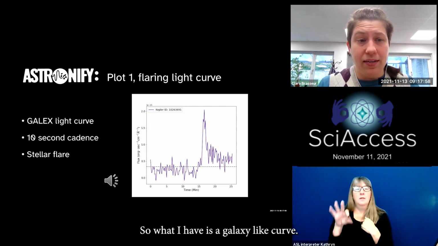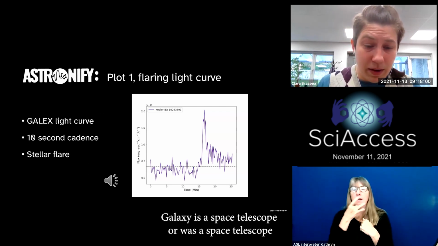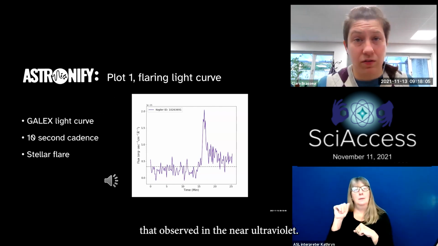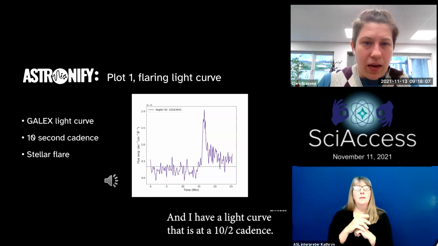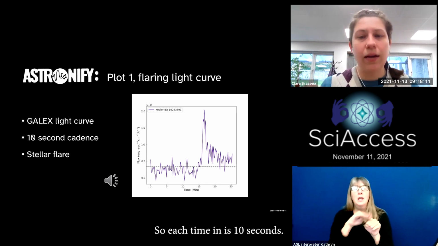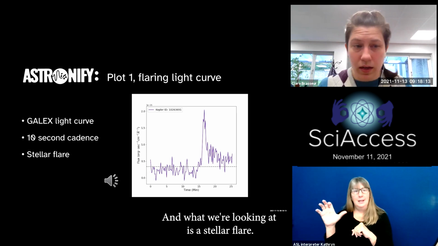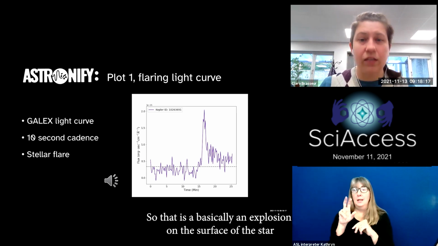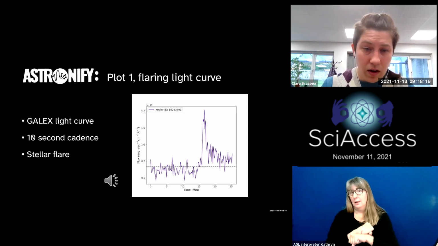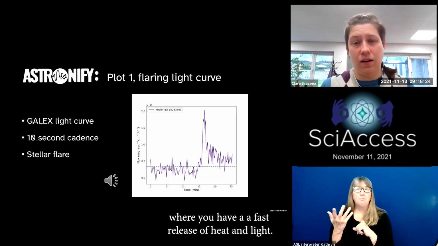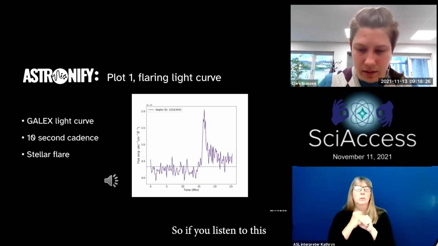So what I have is a GALEX light curve. GALEX is a space telescope, or was a space telescope, that observed in the near ultraviolet. And I have a light curve that is at a 10-second cadence, so each time bin is 10 seconds. And what we're looking at is a stellar flare. So that is basically an explosion on the surface of the star, where you have a fast release of heat and light. So if we listen to this,